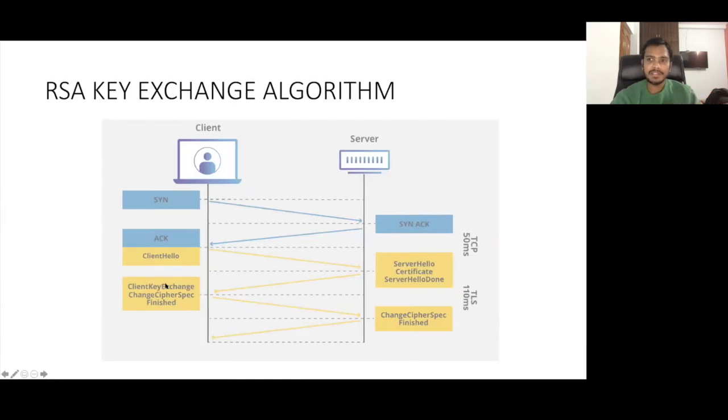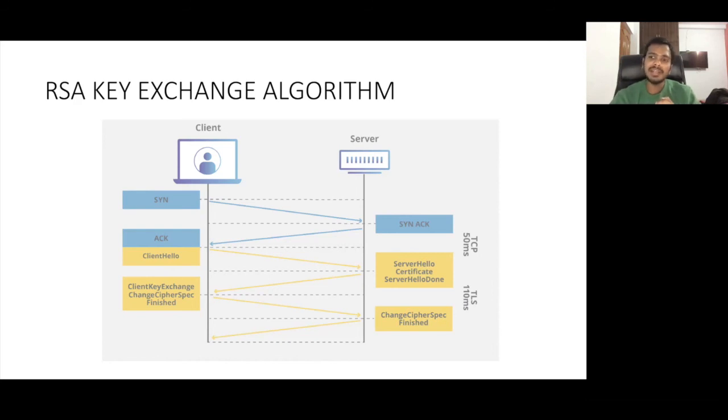So that's all for this video. And if you do have any doubts about TLS or HTTPS, the RSA key exchange algorithm, or Diffie-Hellman: I also do not know a lot about the RSA key exchange algorithm or Diffie-Hellman, but I do know the steps here, what steps are followed, and some of the important parameters in that.